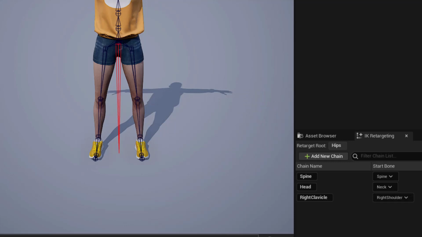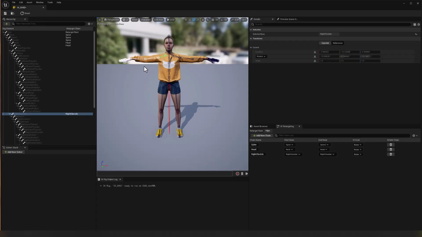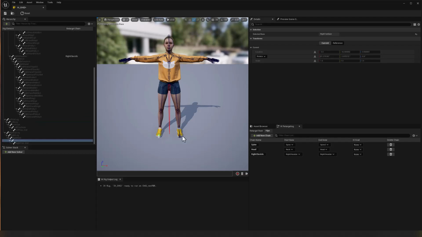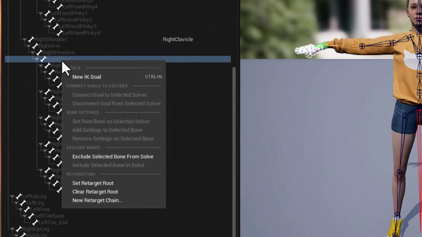So now we have our 2 arms and our 2 legs. And this is where IK goals start coming into play. By defining an IK goal for each of the hands and for each of the feet, really the ball of the foot here, we'll have the opportunity when creating retargeting so that even if the proportions of our target character aren't quite the same as our source character, the destinations of the hands and the feet can be enforced based on the original animations. So I'll go ahead and select the right hand first and right click and create a